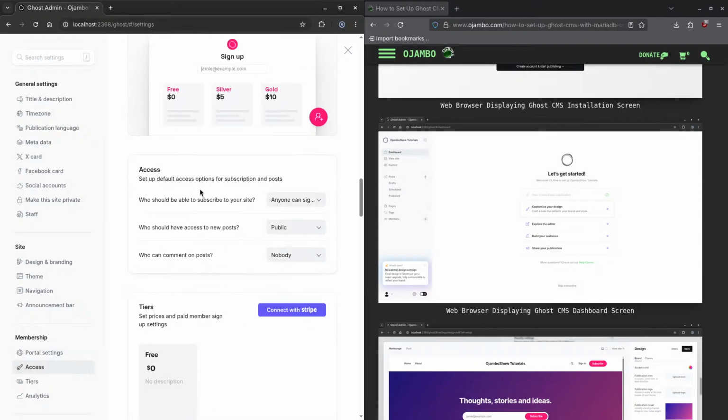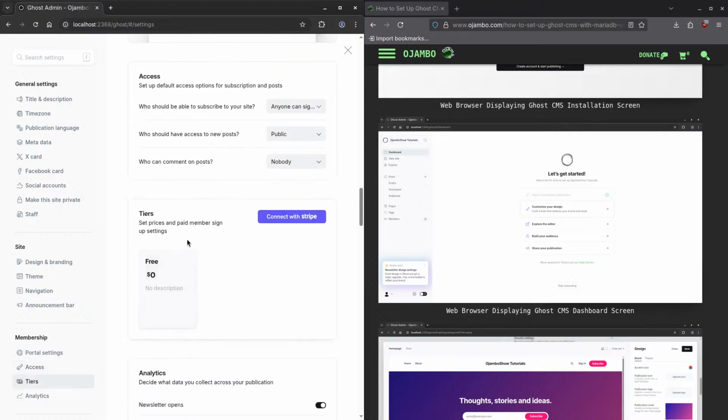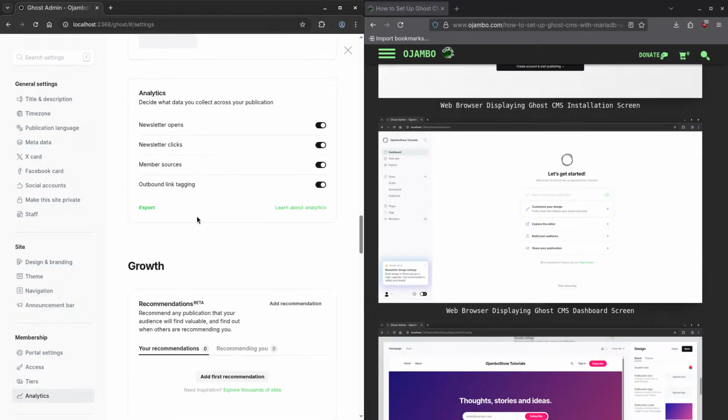And then you have the access, default access is what I'm using. Who should be able to subscribe to your site, who has access to your new posts, public, and who can comment, set to nobody. And then you have tiers. For example, you can connect with Stripe, I like this, for paid membership. Analytics,